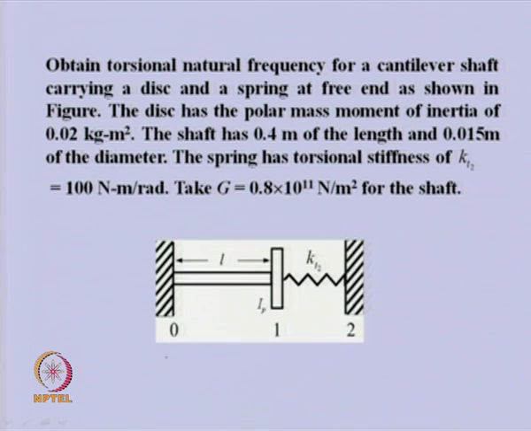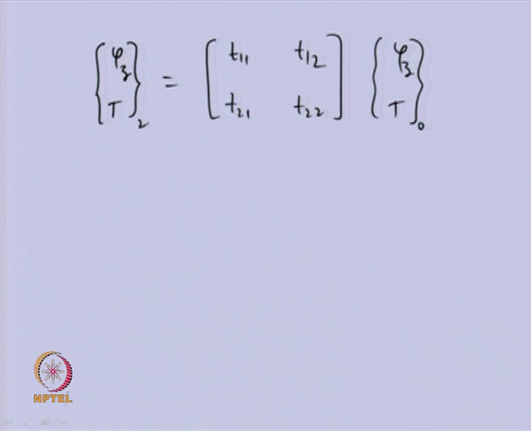That means we have angular displacement 0 at station 0, and here also it is 0. These two boundary conditions we need to apply here. So this is 0 and this is also 0. If we expand this into equations, we will get